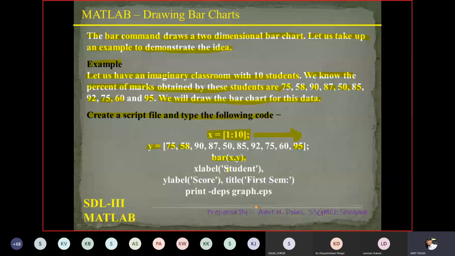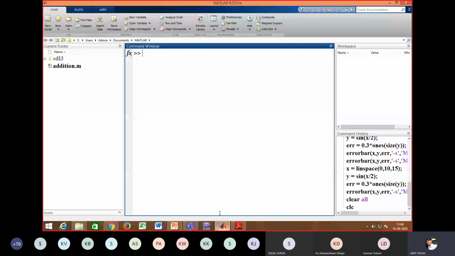So we can label: xlabel we have student, then ylabel is score, title is say first semester, and print -dpng graph.eps is for the printing option, that is display option. So we'll copy this program into MATLAB, and we'll see if it's working or not.